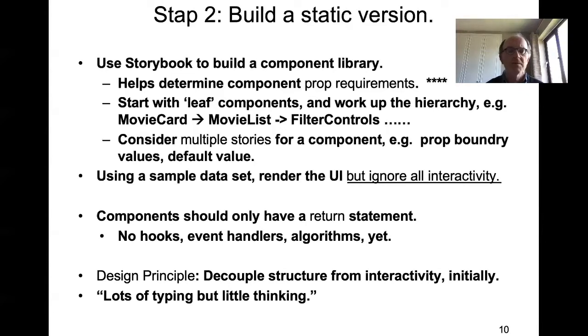So you would still be using Create React App, for example, at this stage. Once you've done some Storybook coding, you would bring in Create React App and get it to assemble the components together to display the entire UI view, if you like. But it's still a static